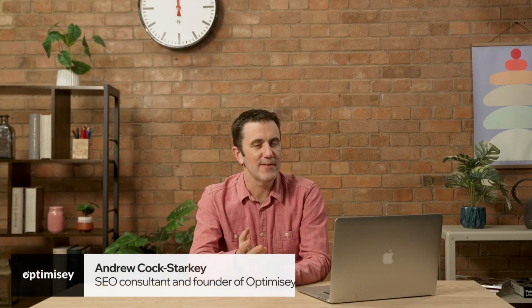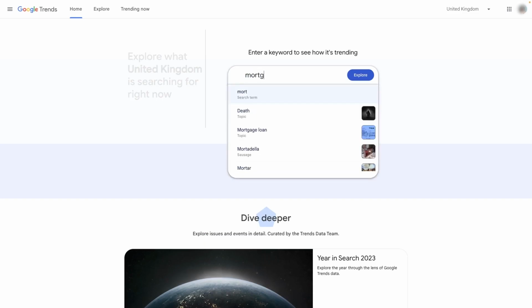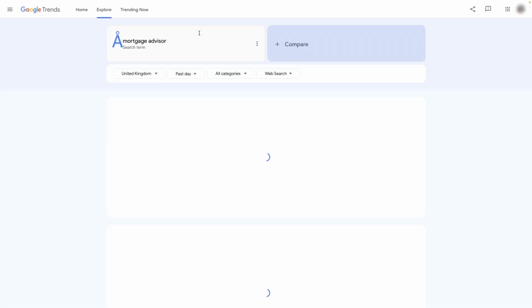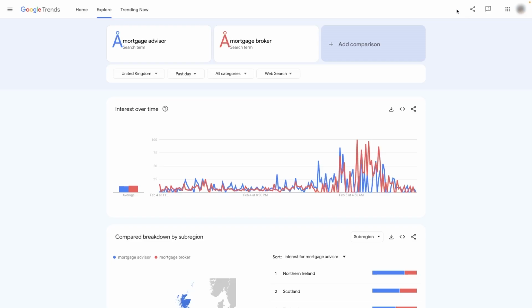Did you know you can get free, useful data for your SEO strategy directly from Google? You can enter any search query into Google Trends and find out how it's performed over time, either in the last few days, months, or even years. This is great because it's data direct from Google that you can get some seriously valuable insights from, like comparing